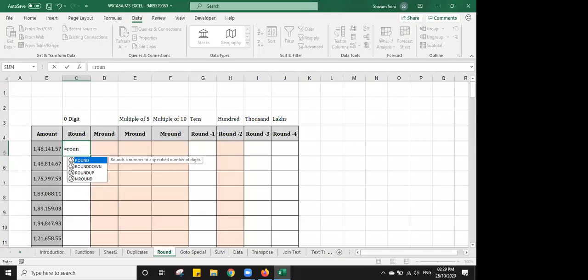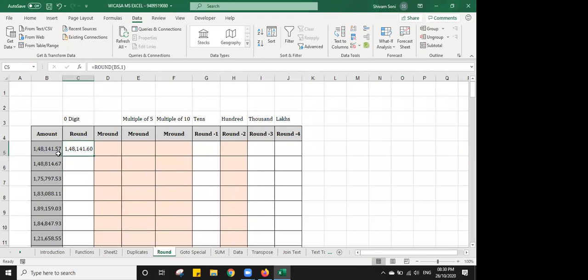40 rupees. And if you go to round up and it is my 46 value, then it will get you 50 value. In Round, you can select the number of digits. Suppose I select only one digit and I press enter. So you can see that 57 has been rounded up to 60. And same way, if I press 0 digits and press enter, then it will automatically be converted to round 42 rupees. Same way you can copy.